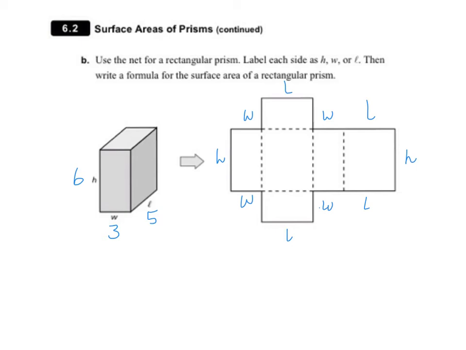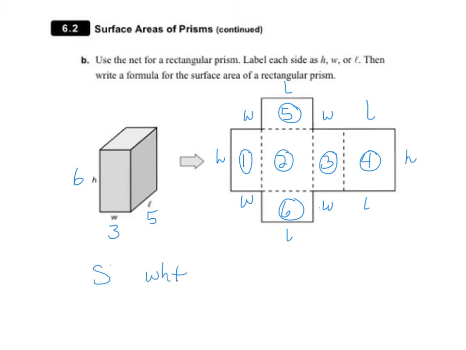So now what we need to do is think about what we did when we were multiplying and go ahead and label these 1, 2, 3, 4, 5, and 6. And to get the area for the first box, we multiply a height times a width, or a width times a height. So